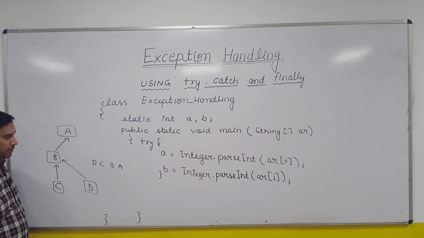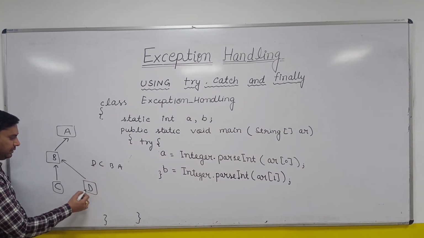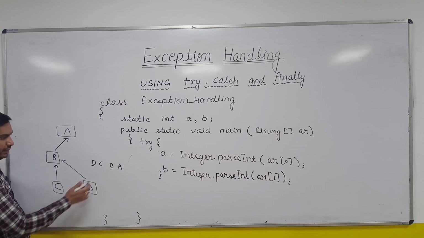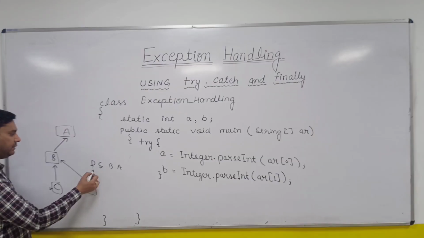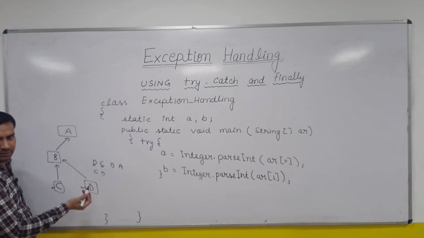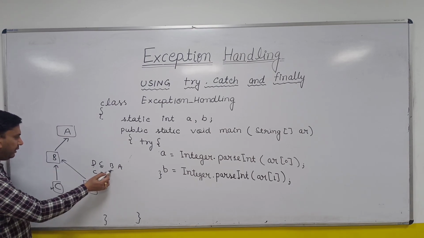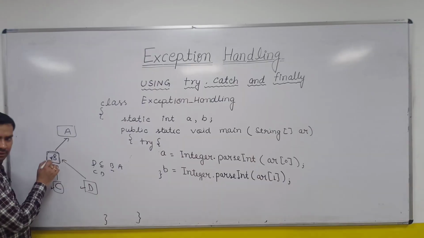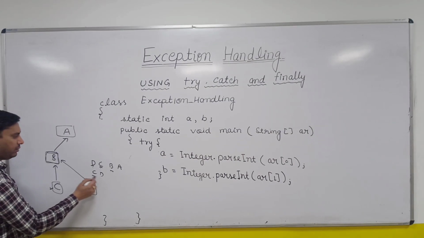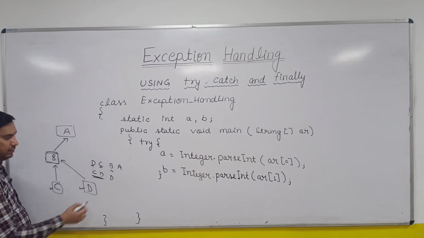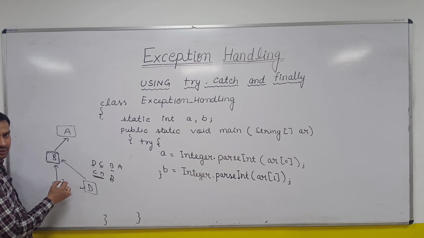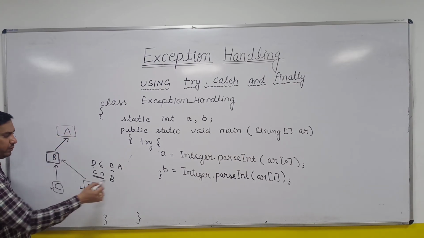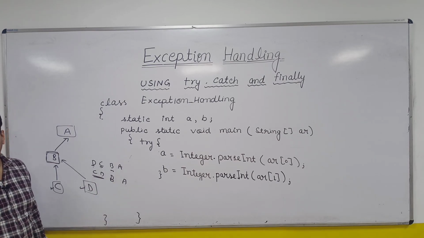Is it allowed? I see D is on the top, D is the child, okay. Then C does not have any child-parent relationship with D, so it is okay. You can write either CD or DC also. Then you are writing B. B is the parent, so B can be written only after C and D. And A is the parent of all, so A must be written at the end.